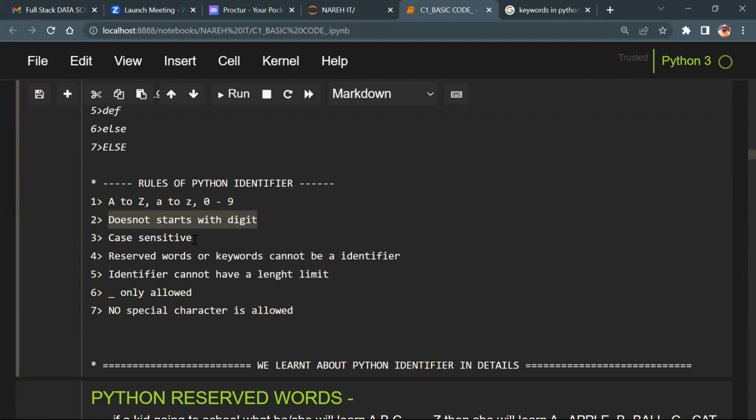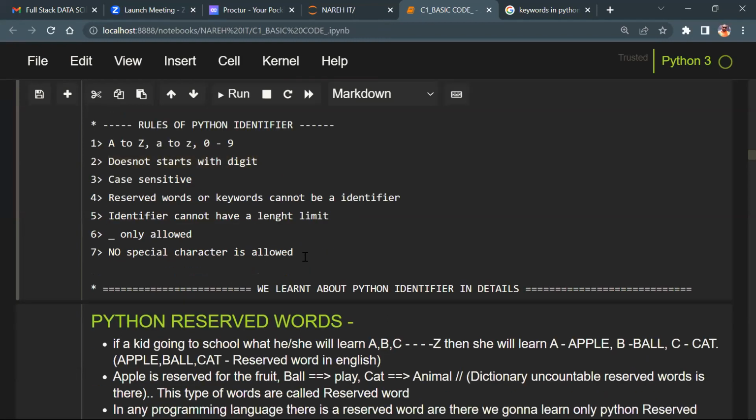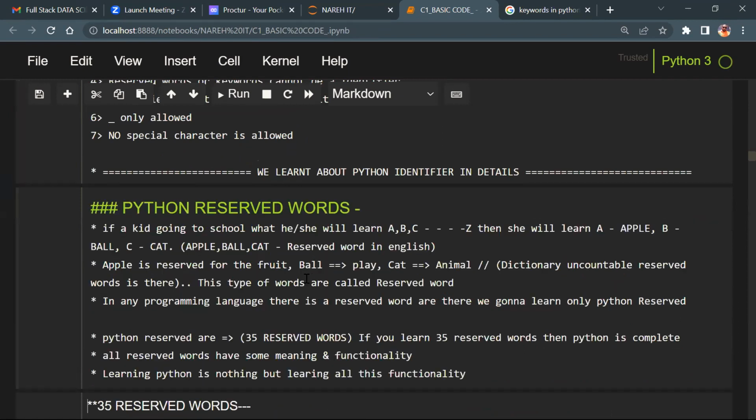If you mention a equal to 5, you can call it as capital A or small a, but it should not be, it should be changed. The fourth one, reserved words or keywords cannot be an identifier. An identifier has no length limit. Only underscore is allowed. No special character is allowed. Team, are you getting my point or not? And we just completed Python identifiers and discussed some reserved words.